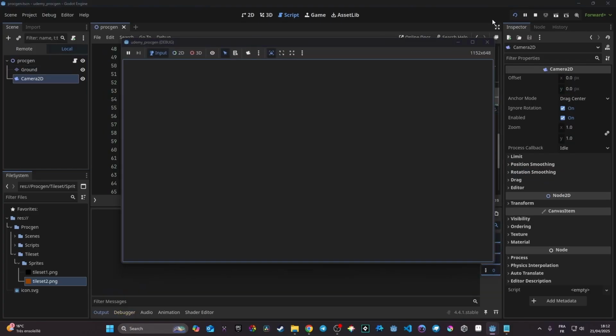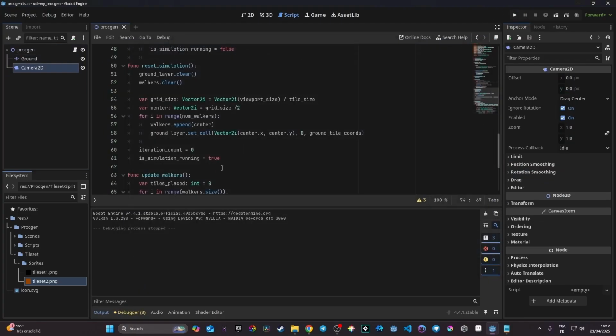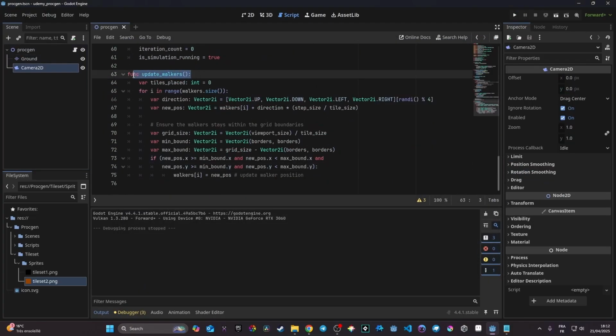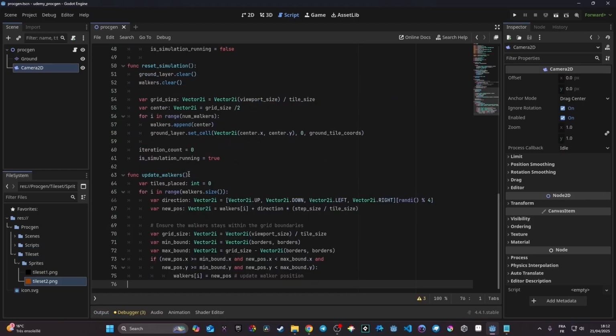So here it's not going to work because there's one thing that is missing. I'm going to show you, which is in my update worker. Now that I've made all that setup, I need to make sure that I can assign the ground chance that we have created. So here in my update worker function, I need to come, I think here,